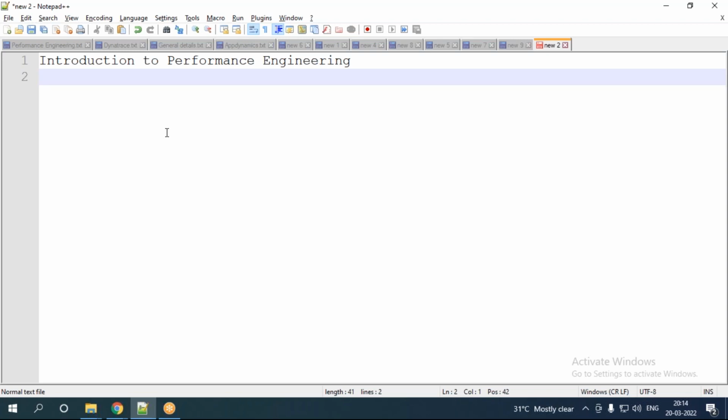Any question, guys? Yes, sir. Do we need coding knowledge to do performance engineering? That's what I told you. Performance engineering is an ocean. It doesn't mean that tonight you will go to sleep like a normal person and tomorrow you will become a developer. No, it's a journey, and you have to take this journey.